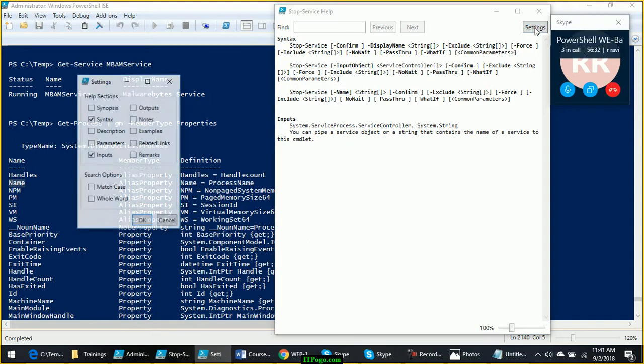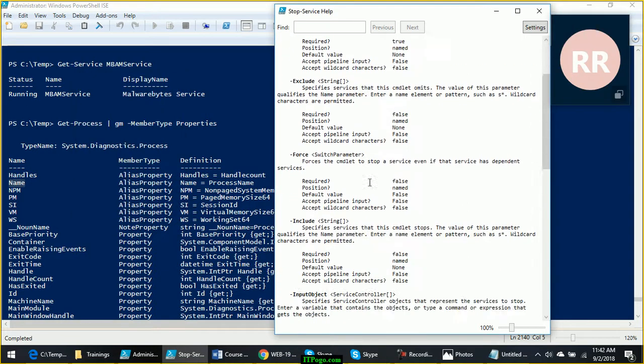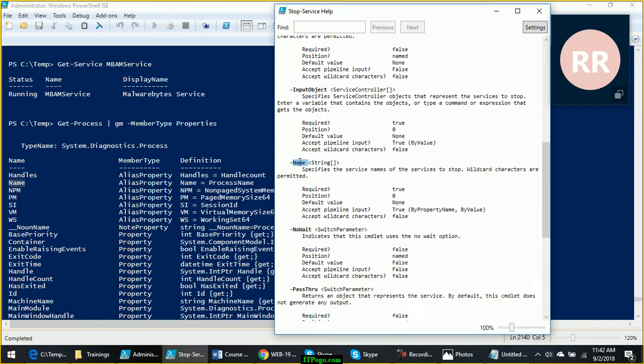What is the second rule? For that we need to look at the parameters. The second rule is this parameter should accept the pipeline input. Does this accept the pipeline input? Yes.